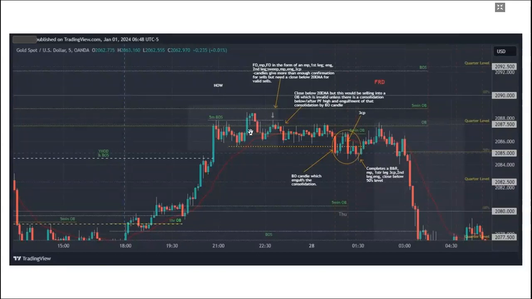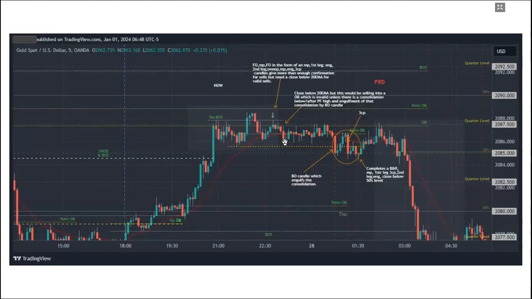So what we have here is a fake out in the form of an M pattern. Every fake out is an M pattern. The first leg we have an engulfment. The second leg we have a sweep of this level, and with every sweep is an M pattern. We have an engulfment here, a bearish engulfment, and we have a 3CP, and then we have price closing below